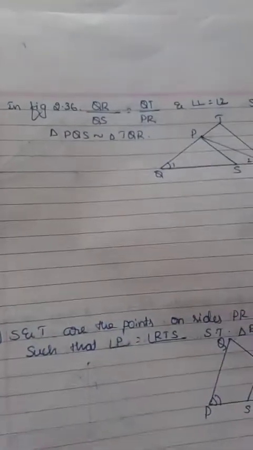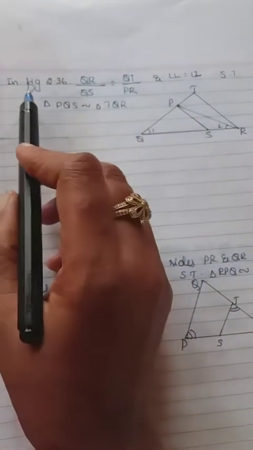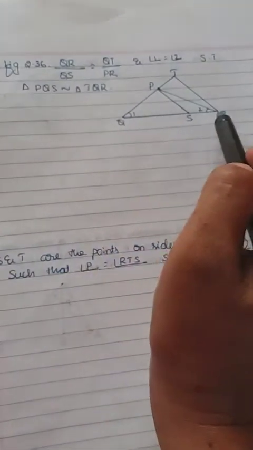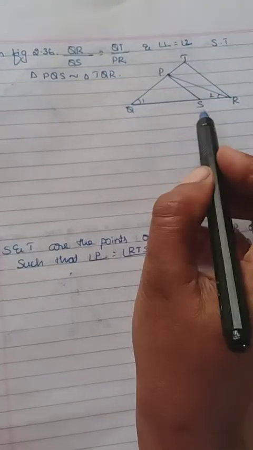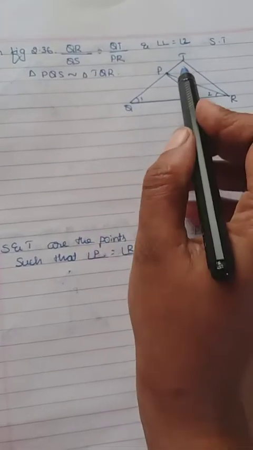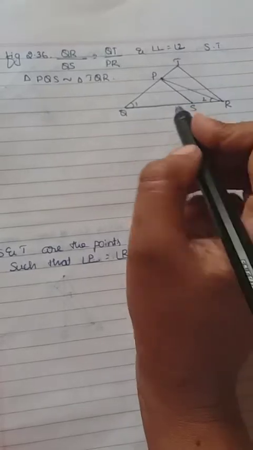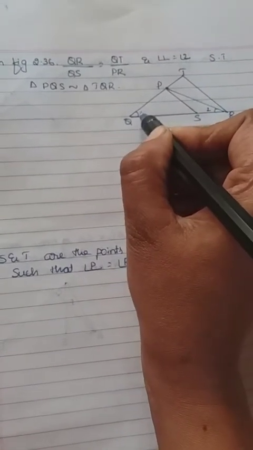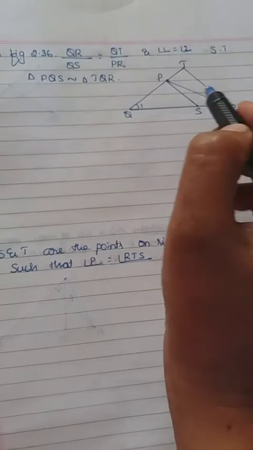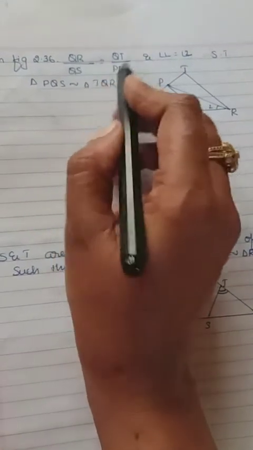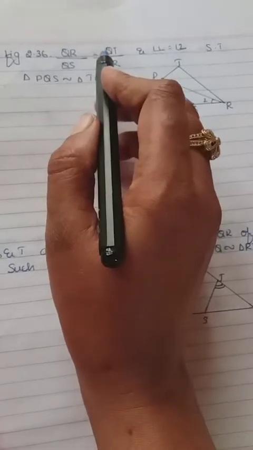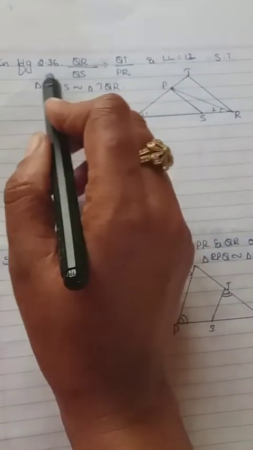Okay, let us move to the fourth one. The figure is there in your textbook, figure 2.36. QR divided by QS equals QT divided by PR, and angle 1 in the figure equals angle 2. Show that, here the corresponding sides are given proportional and one angle is given. We want to show both the triangles